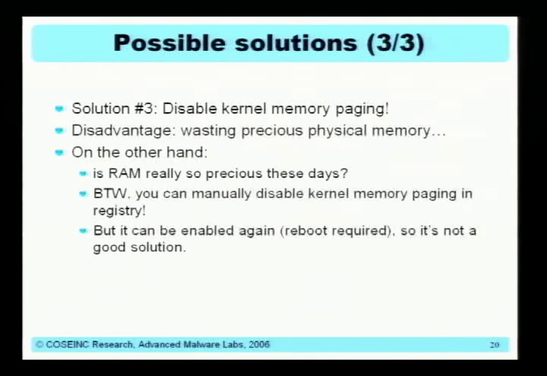And again, you can actually manually disable kernel code paging in registry. And yeah, that's what I'm doing for my home machine. Just because I have 4 gigabytes, so it doesn't really make any sense to have paging enabled. But it's quite interesting to notice that those 2 solutions, to enable encryption of the page file and to disable paging,